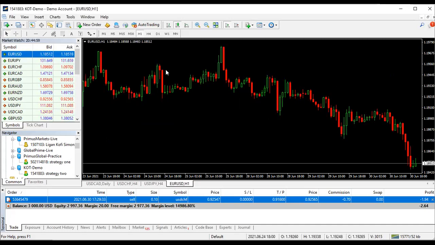You want to buy Euro USD at this level, okay? So you put Euro USD on the chart and you have seen that this trade is good for a buy, so you want to buy. What you can do is come to the market watch where the pairs are. If you are using your laptop, come to where the pairs are, then you